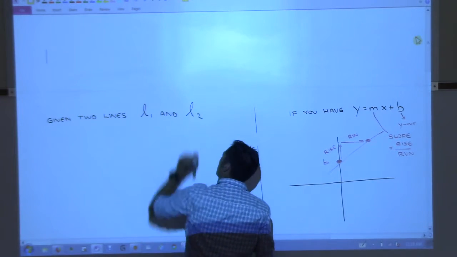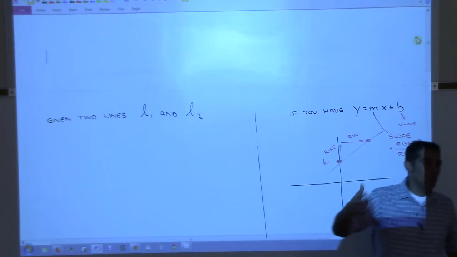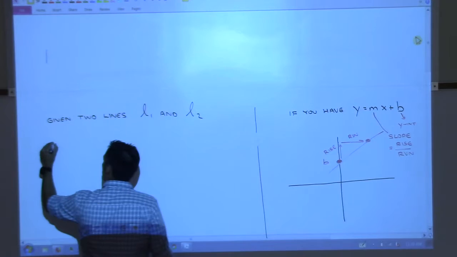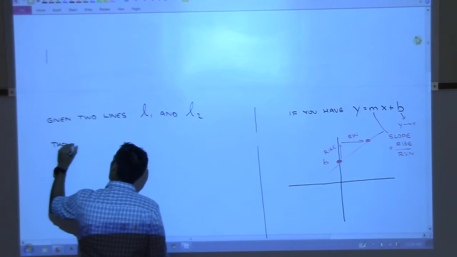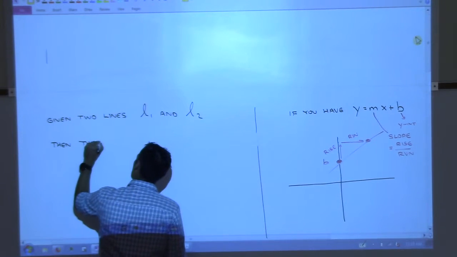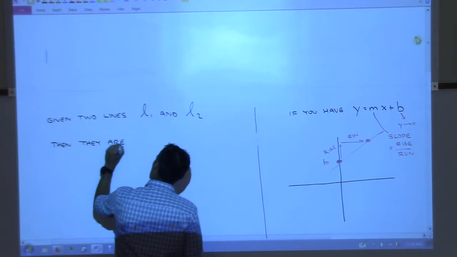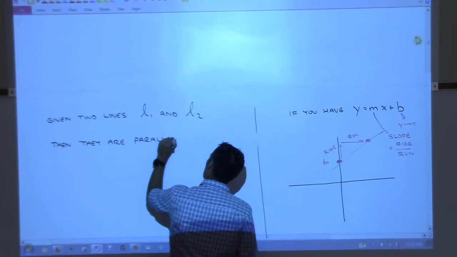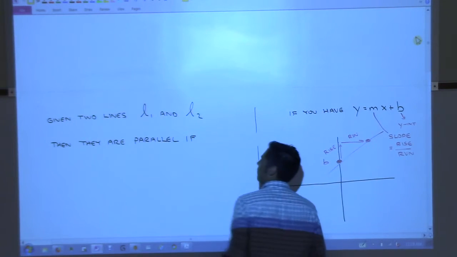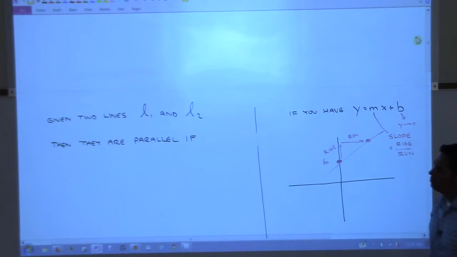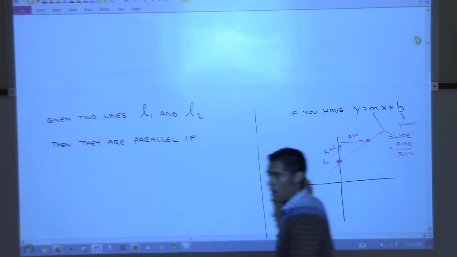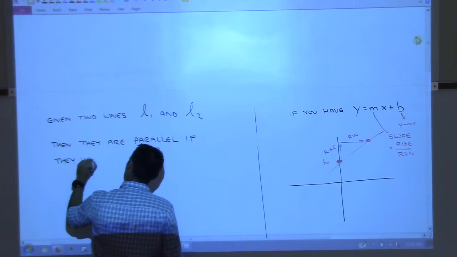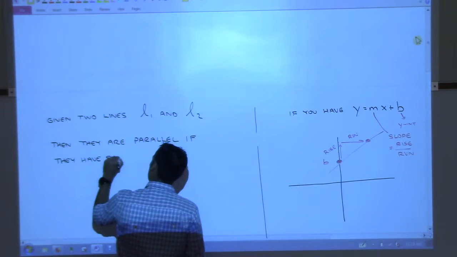I'm just using that notation, you know, we have a line 1 and we have line 2, right? Then they are parallel if what? If they have the same slope, right? If they have same slope,